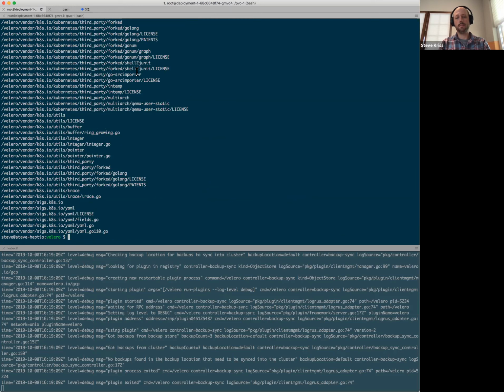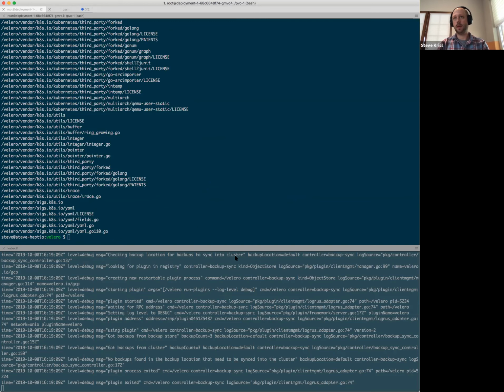So far we've got a Restic snapshot. I'll pause there and talk briefly about how that's actually working. In the existing Restic implementation, backups are taken through a Restic daemon set.